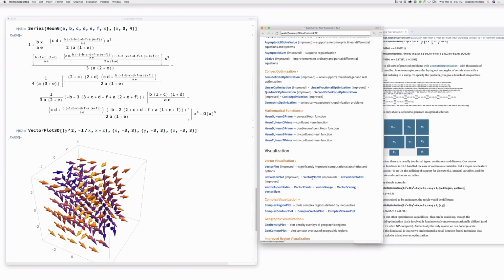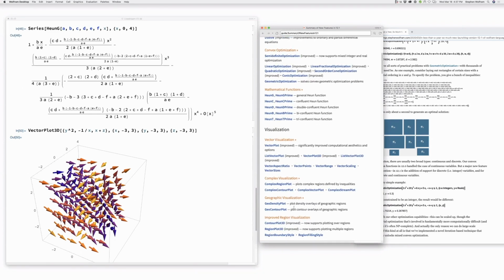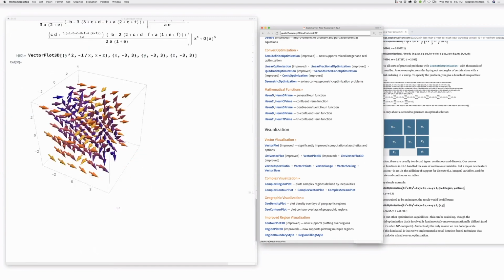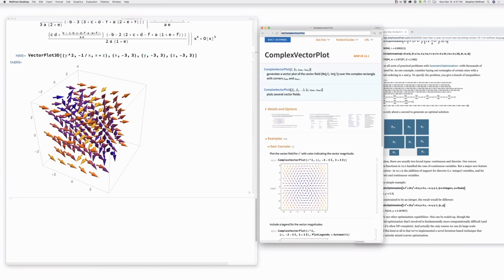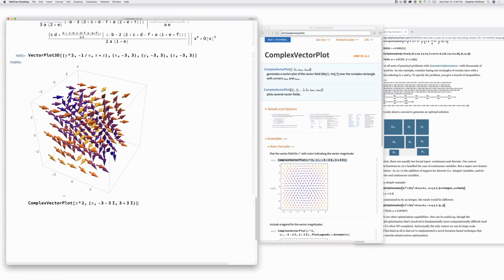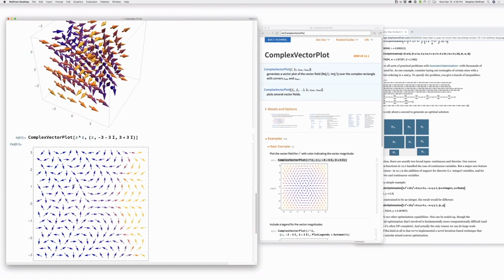Okay, so also in visualization, we added in version 12.0 finally sort of nice automated complex plotting. We should have here things like, okay, that's complex vector plot. That's kind of interesting because you don't have to specify very much. That's a complex vector plot. Let's live more dangerously. Let's do z to the z. Okay, that's a bit more of a mess. And let's do that